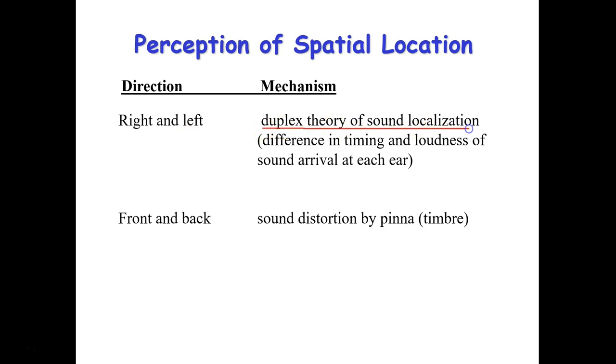Okay, so this summarizes that the left and right perception of sound direction is a result of the duplex theory of sound localization, right? Difference in timing as well as loudness. But for front and back, sound arrives at the same time and sounds the same intensity. And so what contributes to our perception of sound localization is the distortion by the pinna. You'll probably notice that your ears don't have the same bends and twists in your earlobe on either side. This contributes to a difference in timbre, the complexity of the sound,